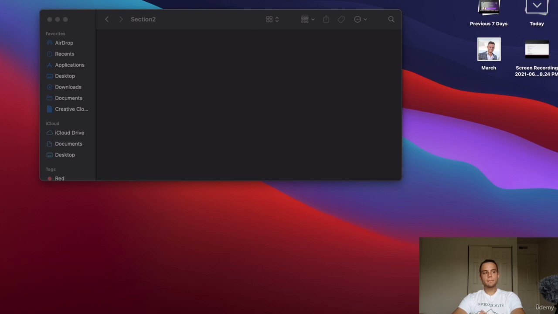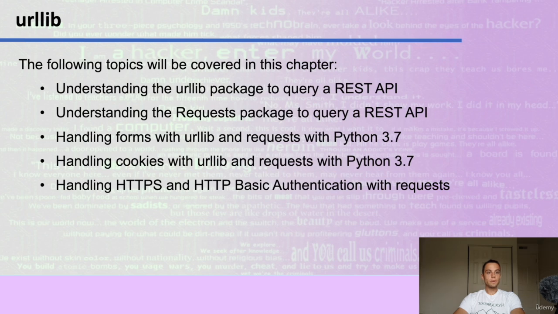You will be trying here plenty of example requests. You will be using the URL library and you will be working with different forms and cookies over the web. So in this section you are basically going to gain a strong understanding about the URL library package. You understand how to use the request package as well. You learn how to handle forms using the URL library and the requests with Python 3.7, and actually we're going